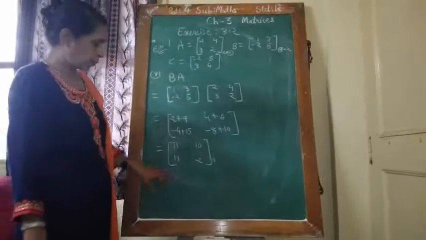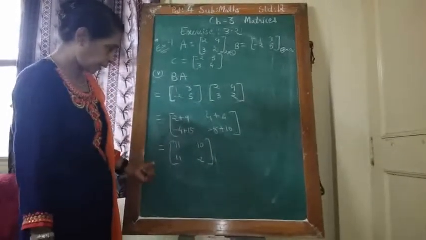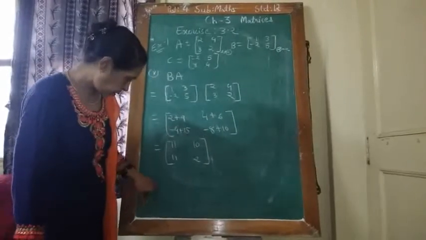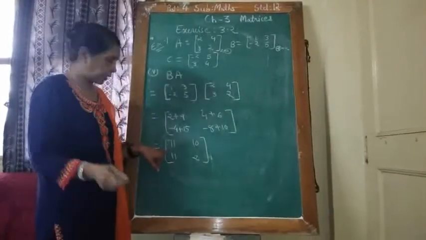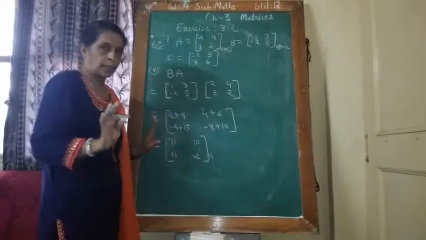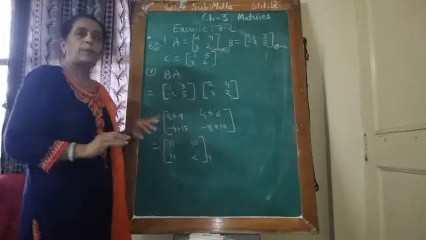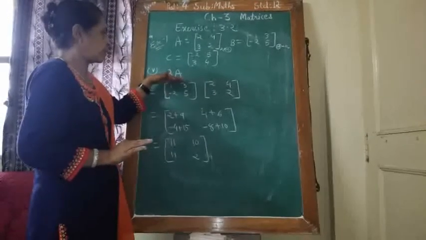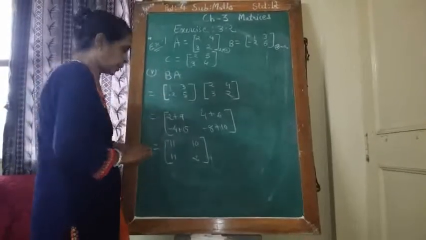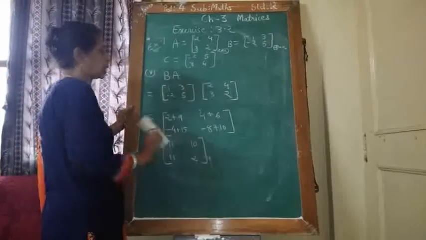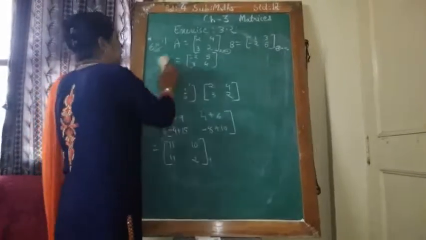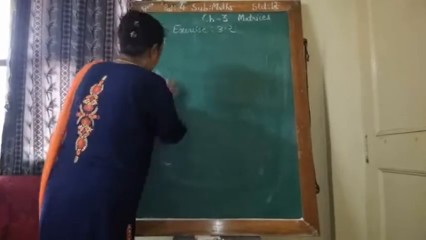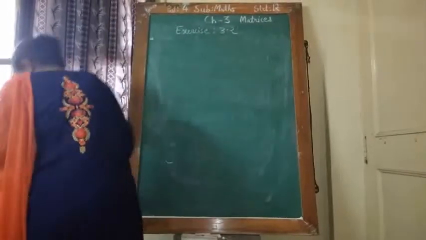So see, is this answer and that answer different or not? The product of AB I have obtained. I think it is different. No, in that 11 did not come, that I remember. So AB and BA may not be equal, but they did not ask that. They have only asked you to find the product of BA and AB. So AB I have found, BA also. This is the answer. So this way I have completed example 1 of exercise 3.2 with sub-examples. Now example 2.